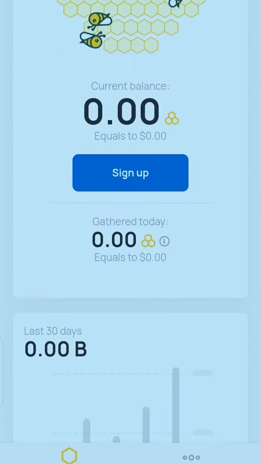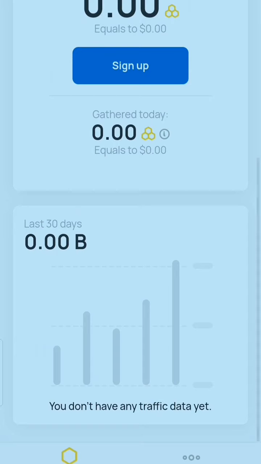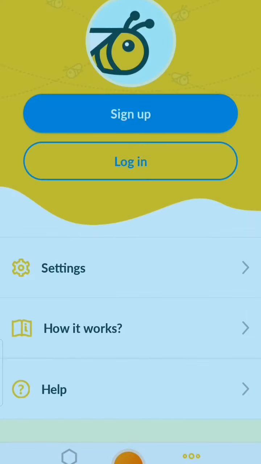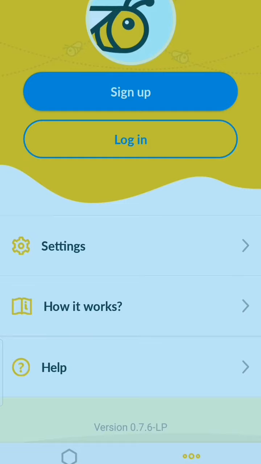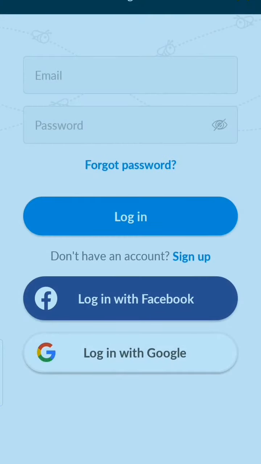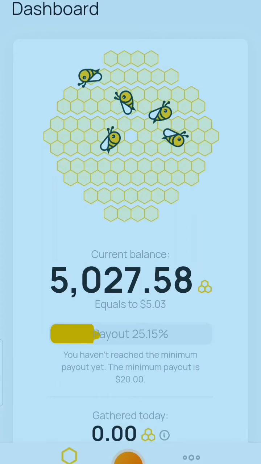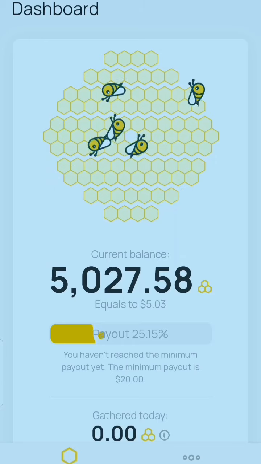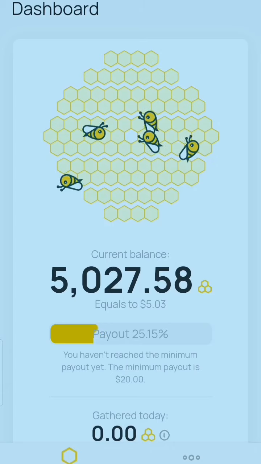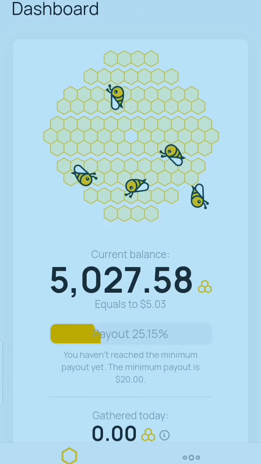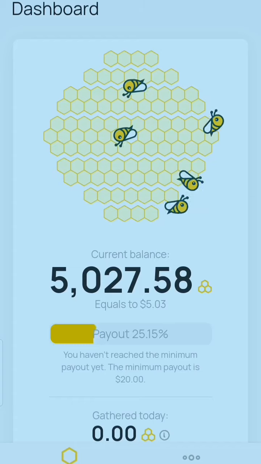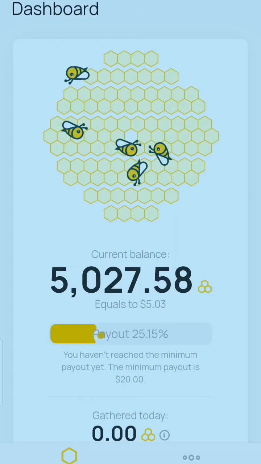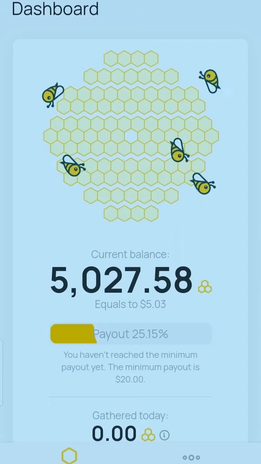So I have already used this app, so I have my $5 bonus. I just want to show you. First I have to log in here with this more button, login button. So now I am logging in. So guys, you are watching, it was showing 0 before, but after logging in it is showing that I have my $5 bonus, and there is 1 day of data, because I did not use this app for many days.